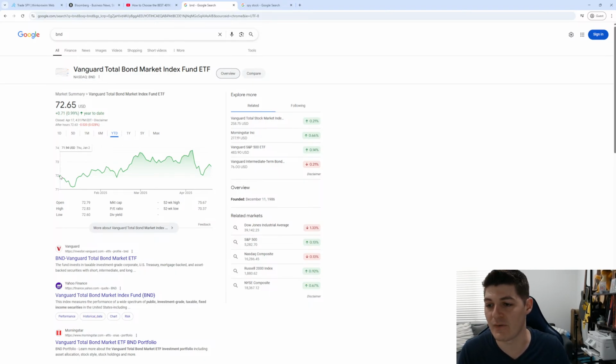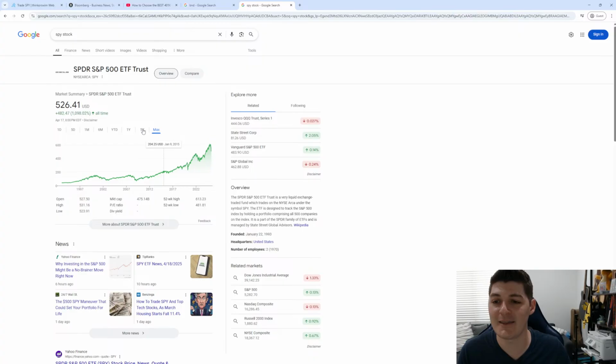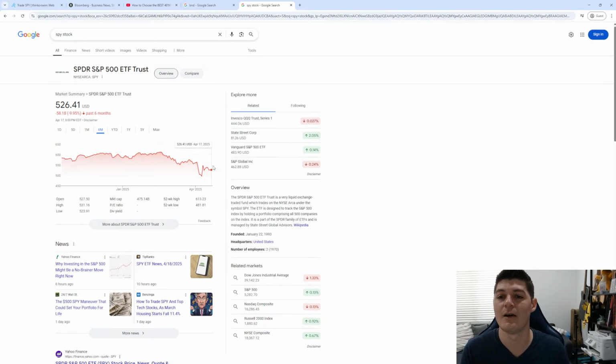So year to date, this bond fund is up about 1%. And if I go back to that exact date, December 15, right here, they are about flat, 0.14%. If I look at the S&P 500 over that exact same time period, if I go back to December 15th or 16th, because I don't think we were trading on the 15th, if we go to here, the stock market has gone down 13.25%. So bonds have outperformed stocks recently by over 10% on a relative basis.